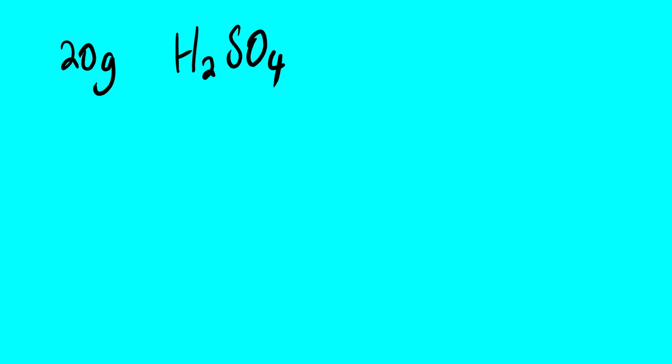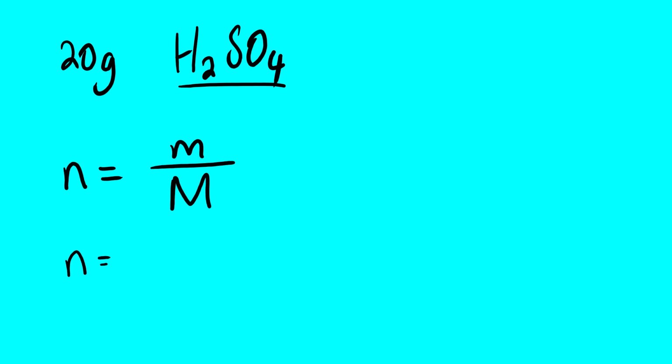Our first example, suppose we have 20 grams of sulfuric acid. This is the molecular formula of sulfuric acid, H2SO4. It contains hydrogen, sulfur, and oxygen. The question: calculate the number of moles in this sample. You start by writing the equation n = m over M. Then n is equal to the mass, 20 grams, divided by